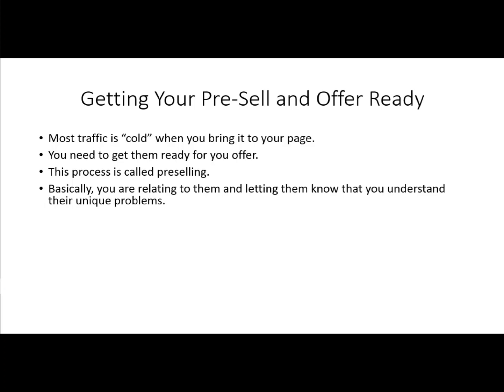see. So the pre-sale page really should get them ready, letting them kind of get the sense that you understand what their problem is. You are connecting with them. Now, the thing when you do this is you're going to probably want to have multiple pre-sale or landing pages. However your traffic is coming to you, however you're attracting them, if you're going to attract them through an ad that talks to them about a specific problem, you're going to want to design a landing page that relates to that problem. You're going to bring them